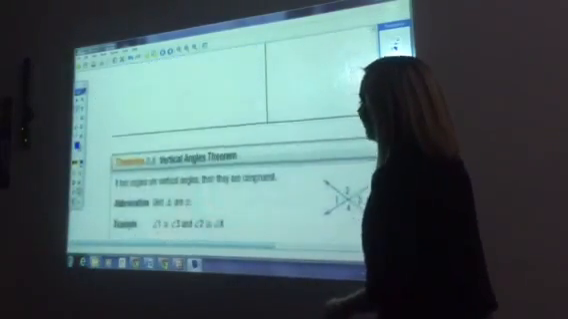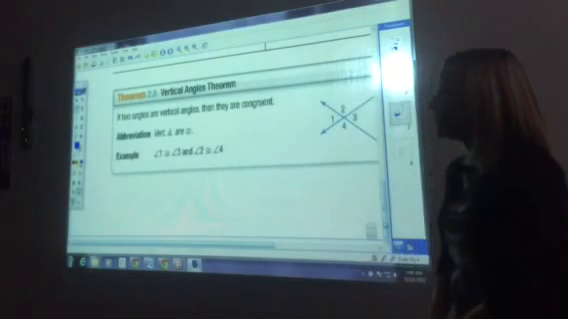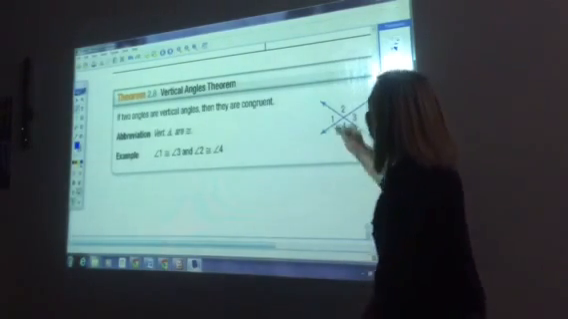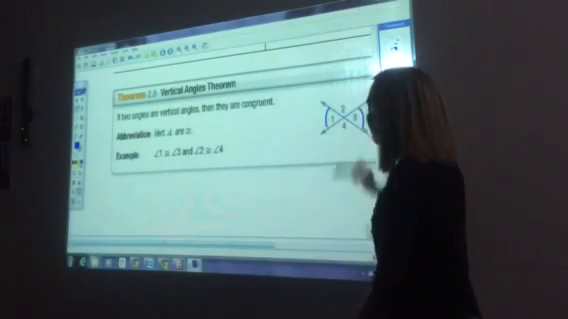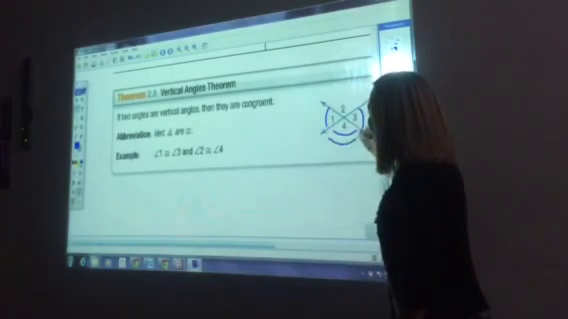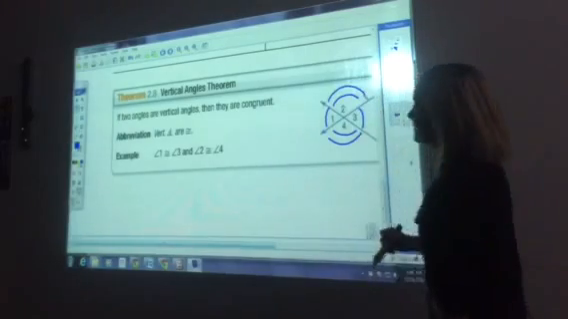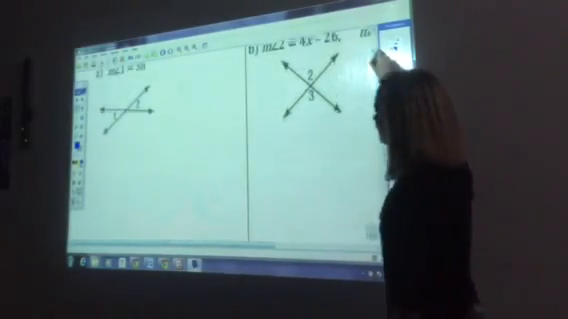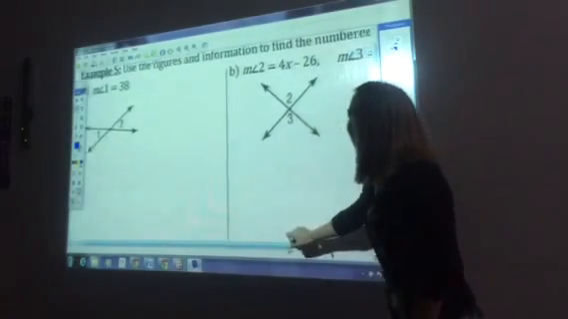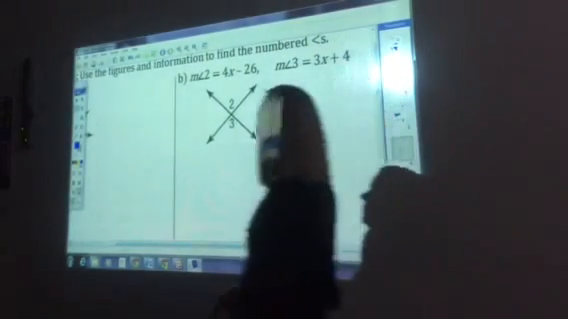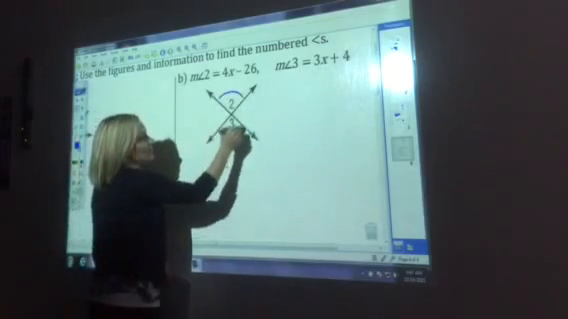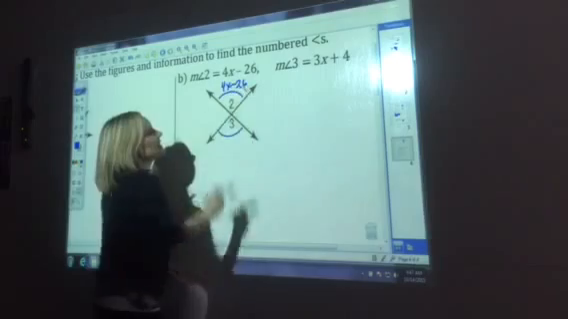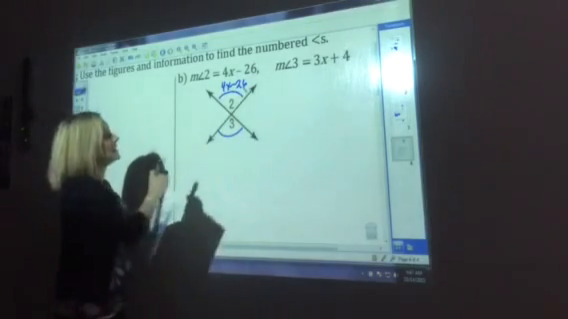Down here is now talking about vertical angles. And again, we mentioned vertical angles before, and we talked about them being congruent. Here's the theorem proving that vertical angles, angle 1 and angle 3, are going to be congruent, and whatever the measure is of 4, that 2 is going to be the same thing. Okay? So if I go ahead and do one of those problems, if I'm looking to find the measure of angle 2 and angle 3, I know that they are vertical, so they must be congruent. The measure of angle 2 is 4x minus 26, and the measure of angle 3 is going to be